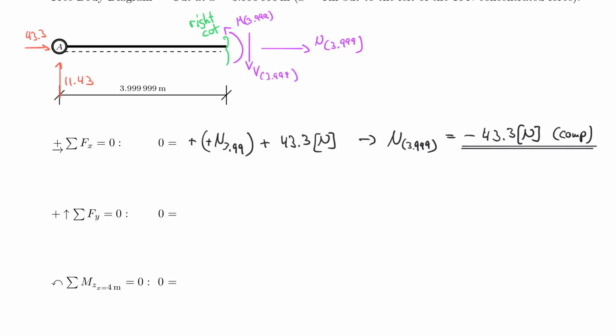Now, how do I move with my shear force? I always start with my unknown as well. So let's go ahead and understand that it's actually pointing downwards, but it's positive, right? So I use, again, two signs here. I have a positive V 3.999, but this positive defined one is actually pointing downwards, therefore it's negative. And now this is hopefully balancing the plus 11.43 Newton. And therefore I know that my shear force at 3.999 is really equal to positive